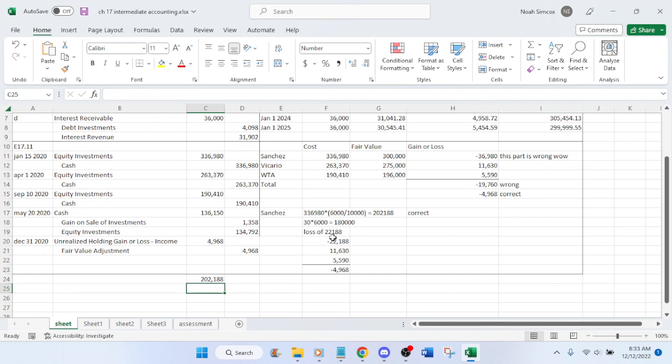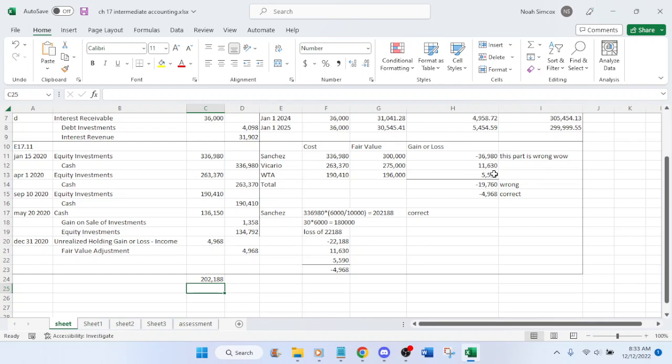Loss of 22,188. When I originally did the problem, I recorded a loss as a gain and a gain as a loss. But anyways, you compare the fair value with the cost and record either a loss or a gain,